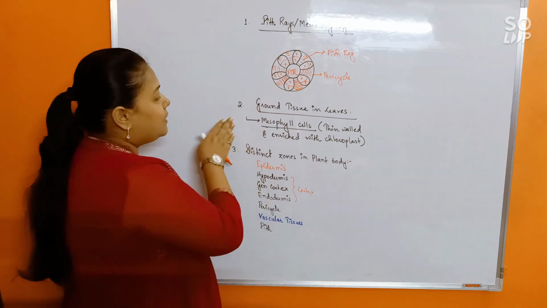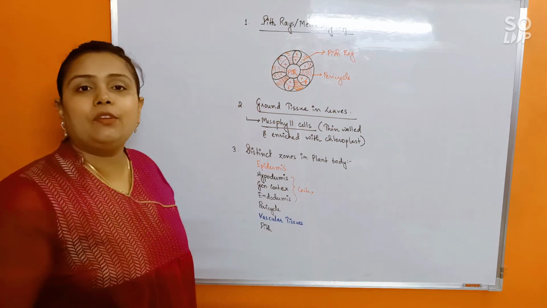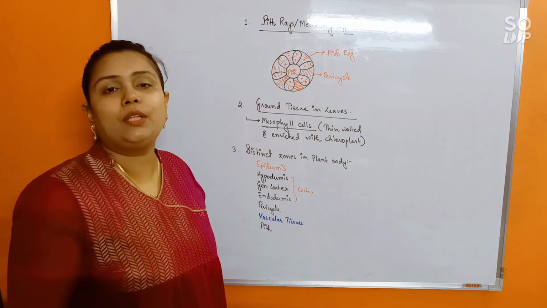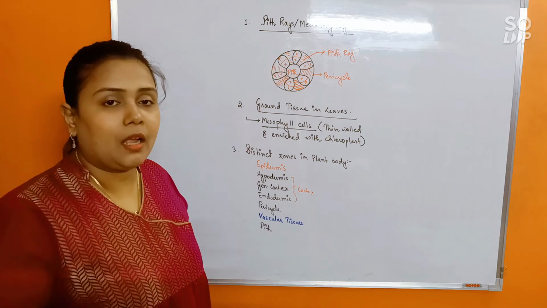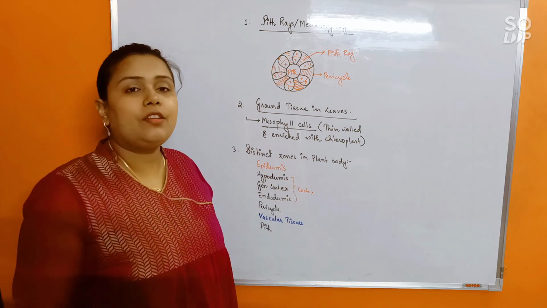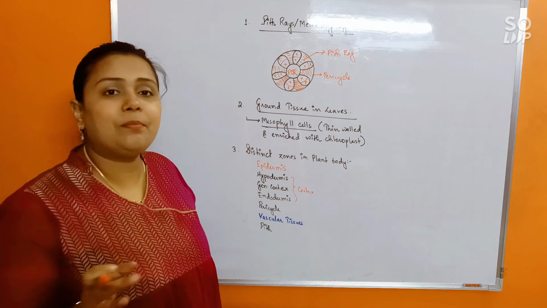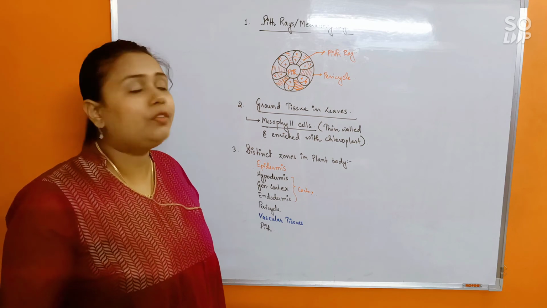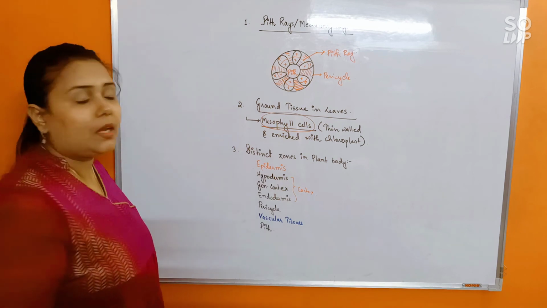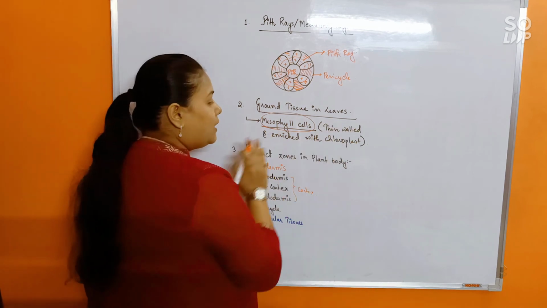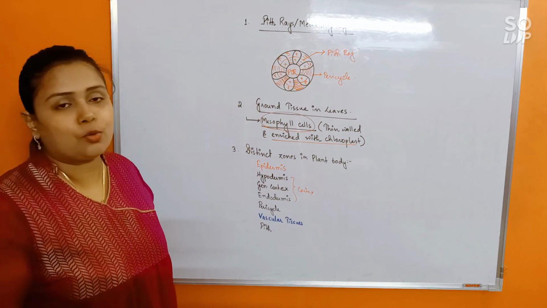Fine. And this is another important thing: ground tissue in the leaves. All this while we were talking about stem and roots, and you know that in stem and roots, the ground tissue system comprises mainly cortex and pith. But the ground tissue system in the leaf does not consist of cortex and pith as such. Rather, it consists of specialized cells called mesophyll cells. Mesophyll cells are living thin-walled cells which are enriched with chloroplasts. Hence, they are able to perform photosynthesis.